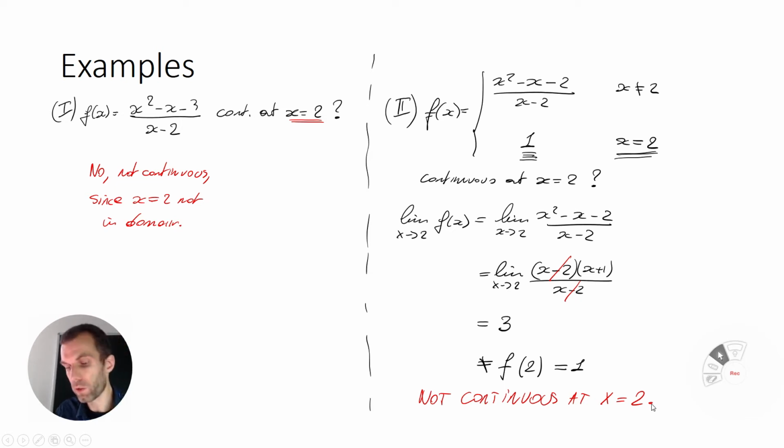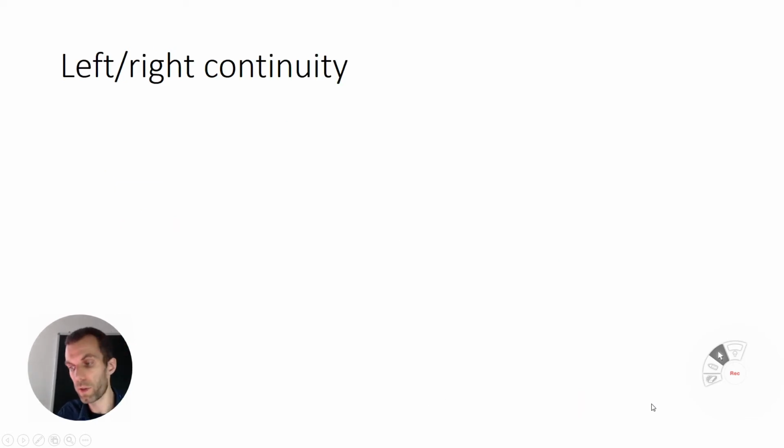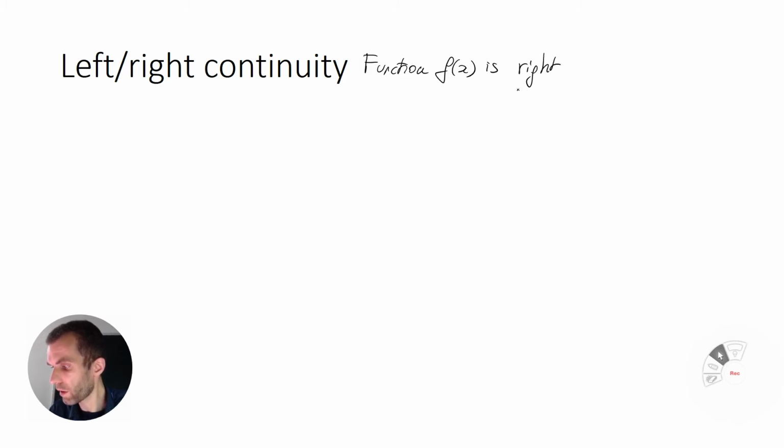So continuity is defined in terms of limits. We have left and right limits, and it won't surprise you that we also have left and right continuity. So here we say that a function f of x is right or left continuous